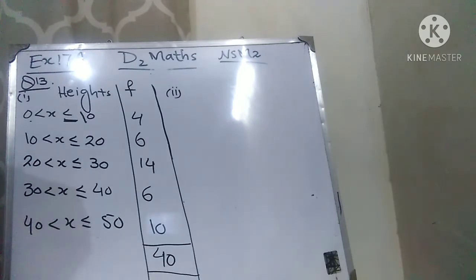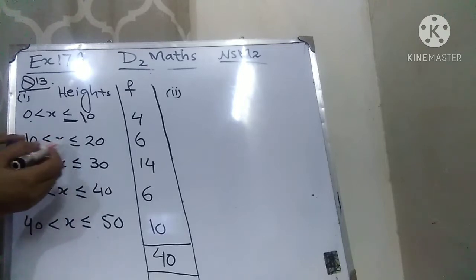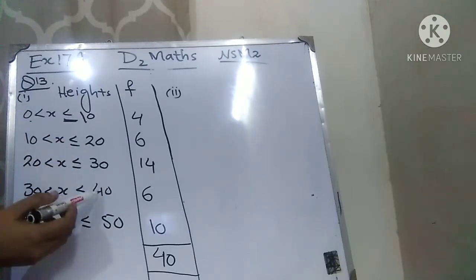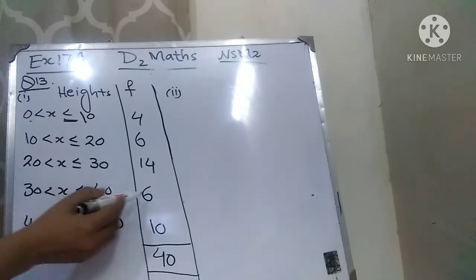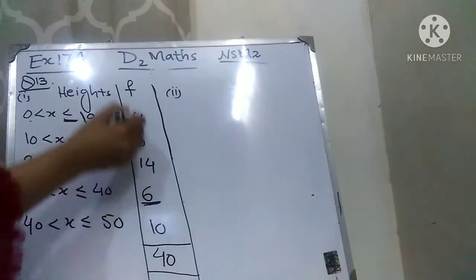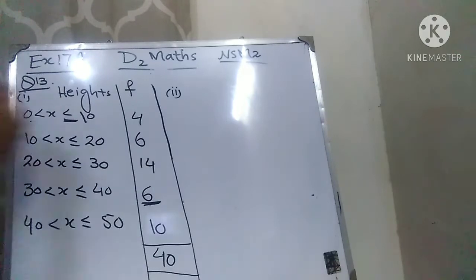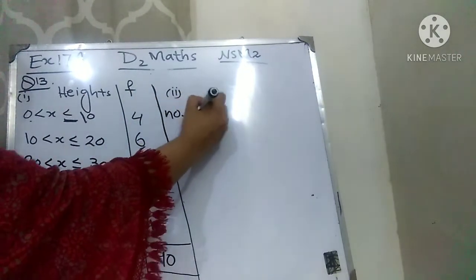Is it so? So you can see the range over here. This is 0 to 10, this is 10 to 20, 20 to 30, 30 to 40. So it means that the plants whose height is not taller than 40 will come till this range. So these are the number of plants. So you can see that you can write down number of plants